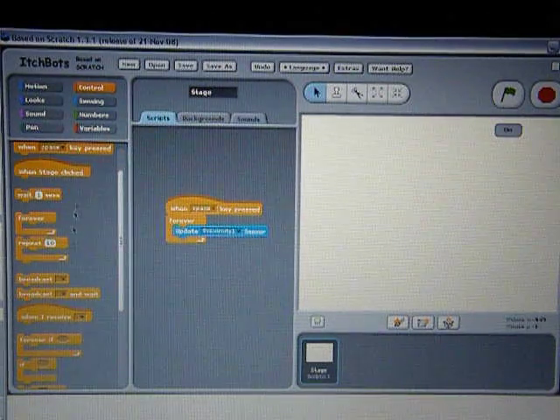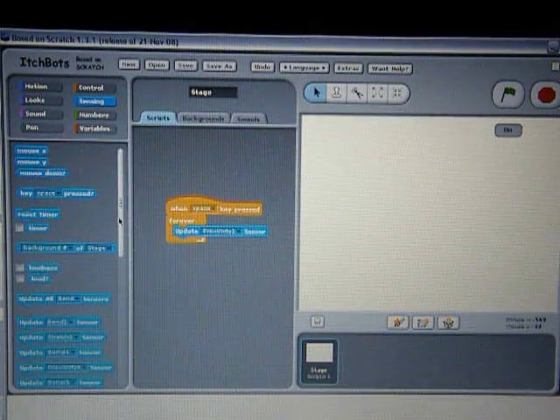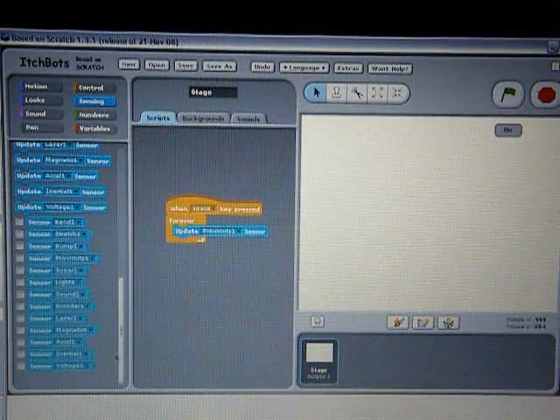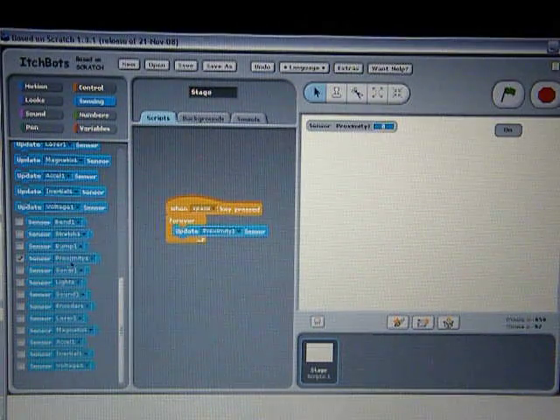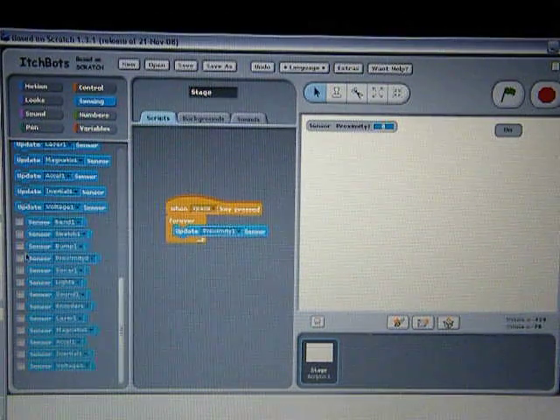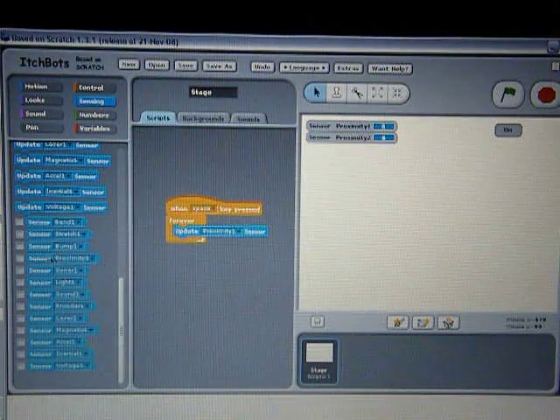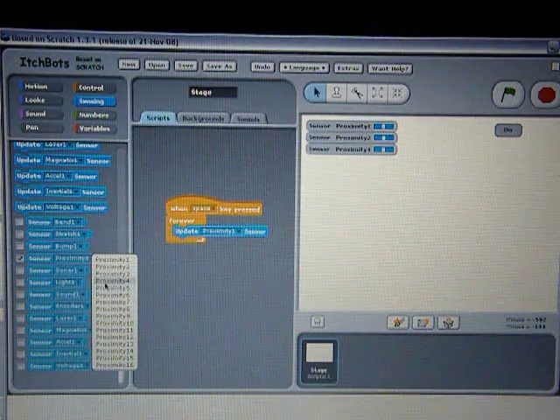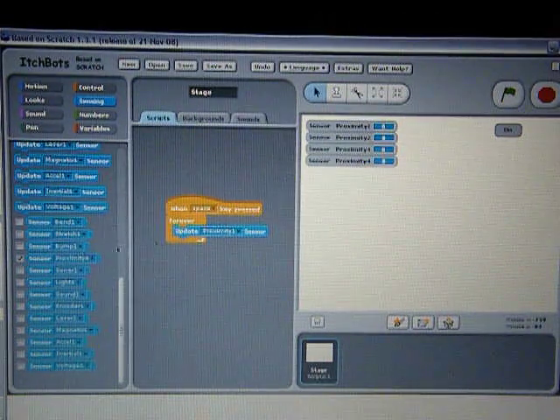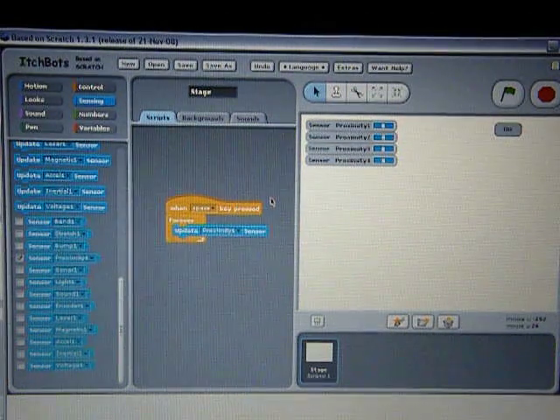So I'm going to update my proximity sensors. Now what I want to do is actually watch those. So I'm going to move down here and look on proximity sensor 1, but I can also watch 2 or 3 or 4. Now I have 5 sensors set up, but that's fine. That's enough for now. So I'm going to press the space key here,